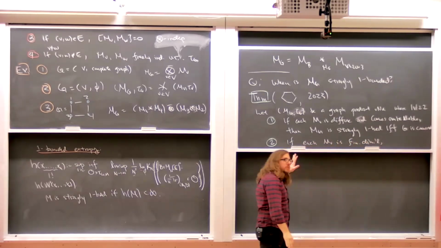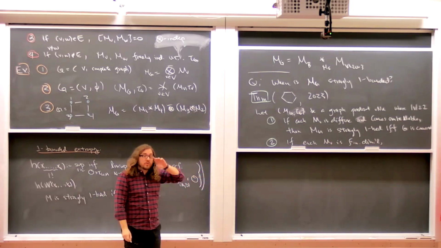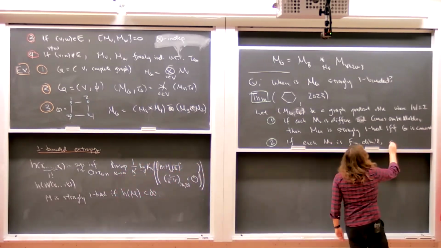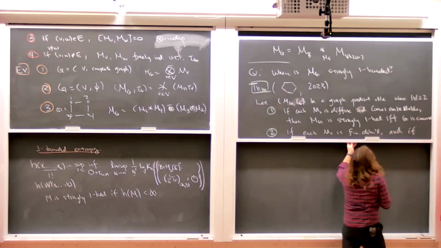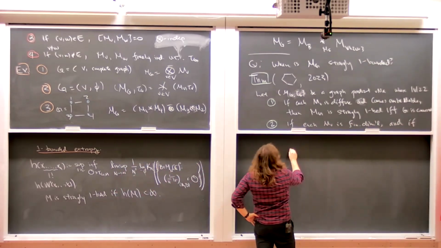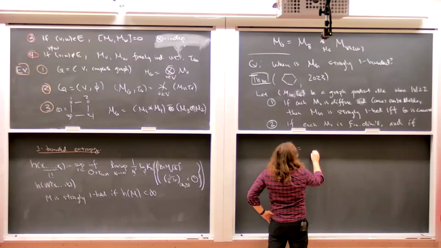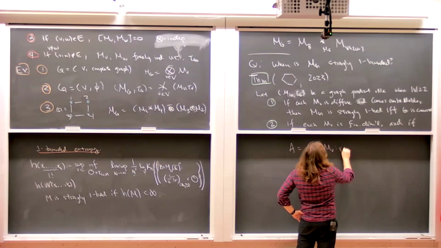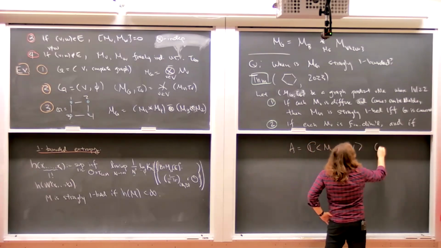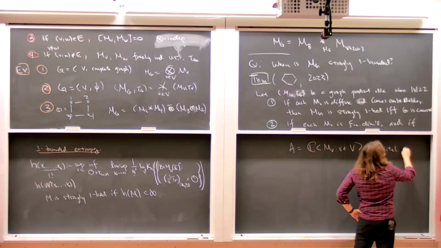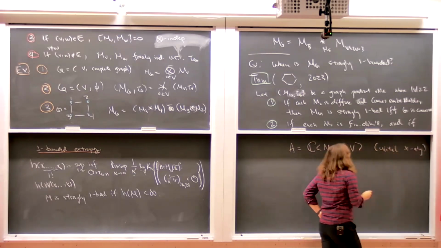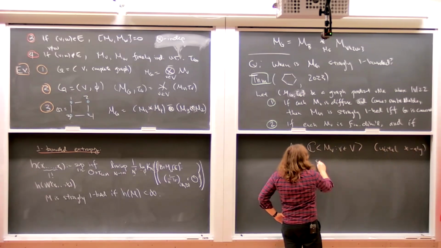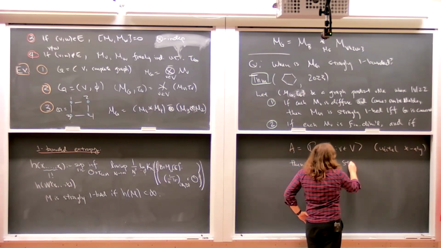And in this case, we don't have a full characterization of when strong one-boundedness occurs, but we do have a sufficient condition. So let me denote by A the unital star algebra generated by these finite dimensional algebras. Then what we're able to say is that Mg is strongly one-bounded